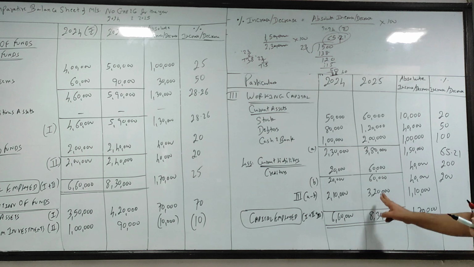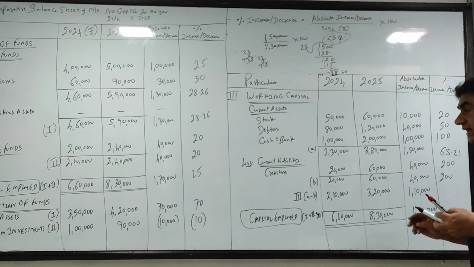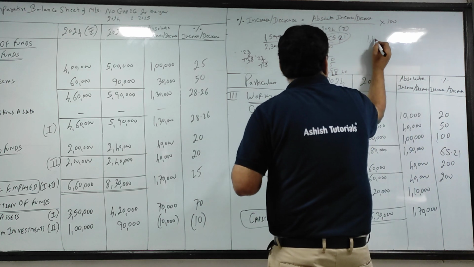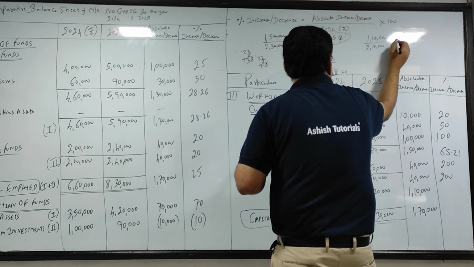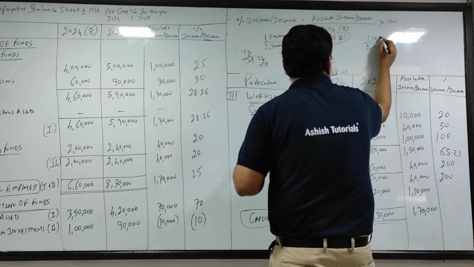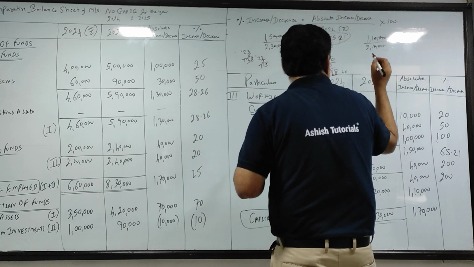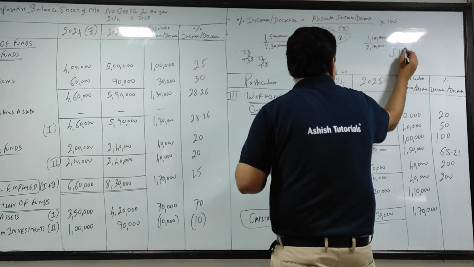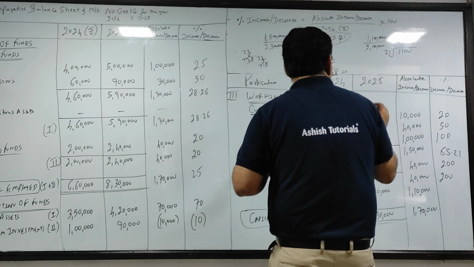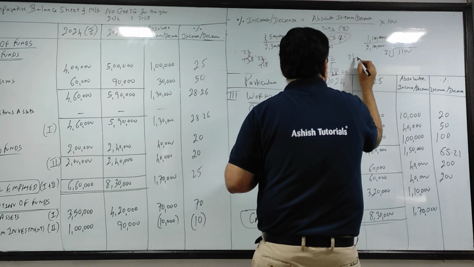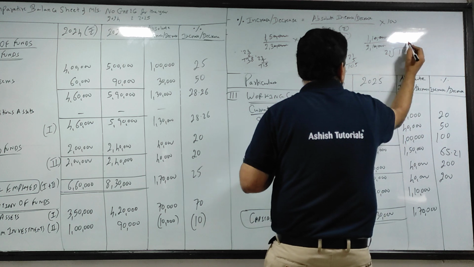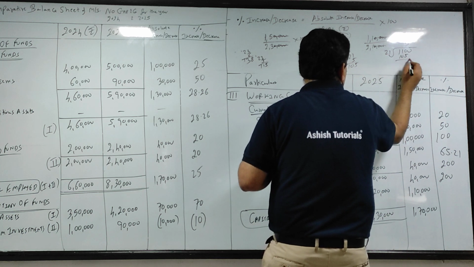Now see the last one, 320 minus 210 is 110, so now let's take this 1,10,000 divided by 2,10,000 into 100. First remove 3 zeros, 4 zeros, so you get 1100 divided by 21. Okay, 21 into 5, 5 ones are 5, 5 twos are 10, so 5 gives you 105,